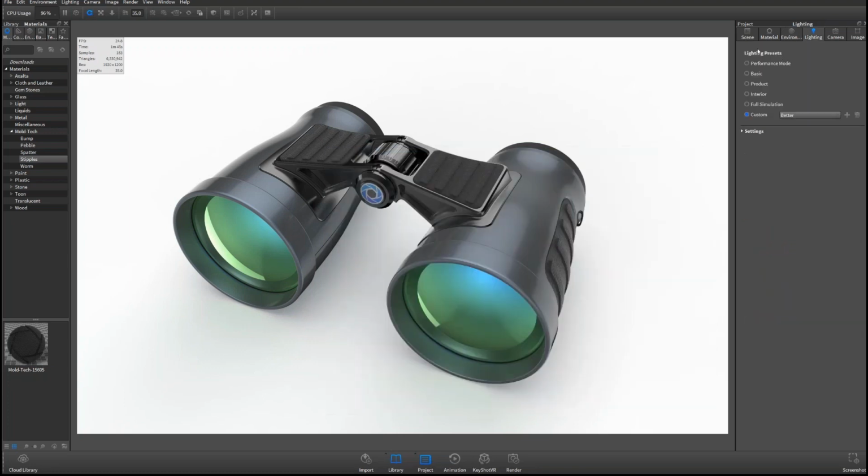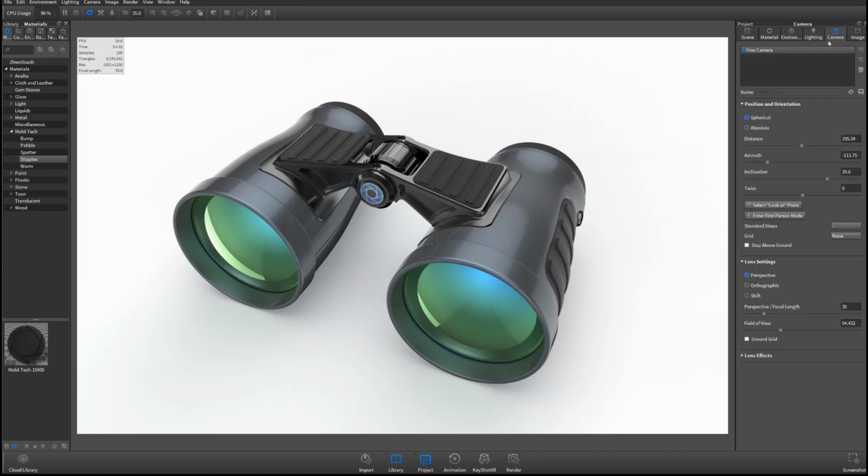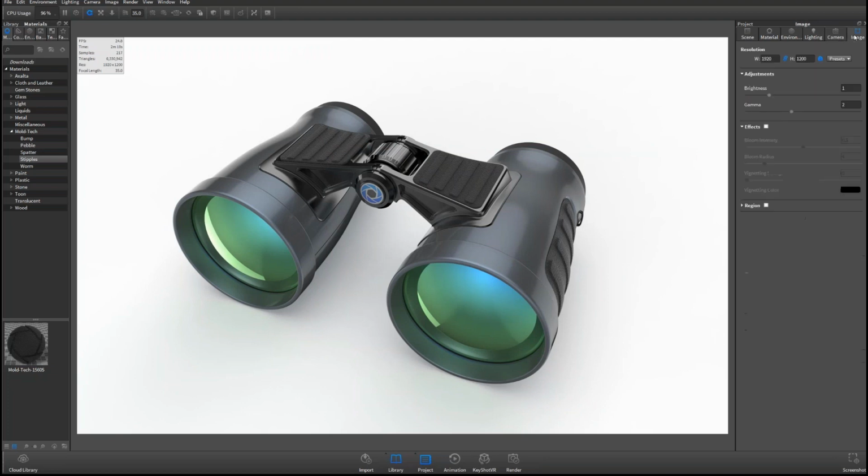Lighting, we'll get to in a little more detail later. But instead of your lighting settings belonging under your settings tab, now we have that defined with a lighting tab in our project window. And as you can see, there is an interior setting and a full simulation setting. So we'll talk about those as well. We made some additions to the cameras, the ability to do shift lenses, so that's one new adjustment here. Things like standard views, now it's actually called standard views, so when you want to work from a standard view, you can quickly pull it in that way. And then lastly, the image. Instead of this being the settings, this is where we can control all of what we see in our final image.